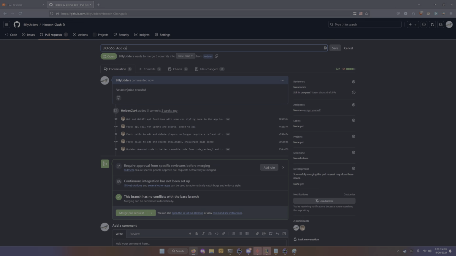add challenges API and front end or something. Do you know what I mean? Usually you have a little bot that understands this ticket number is a thing, and it links it to the ticket in your Jira, your issue tracker. That's how you do it. But in this one, we're just going to call it Holden add challenges API and front end,